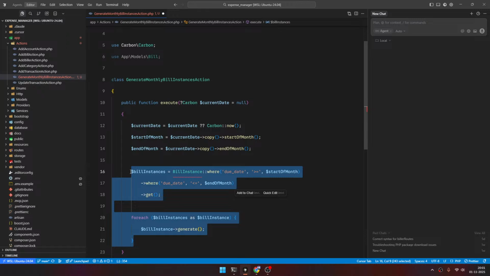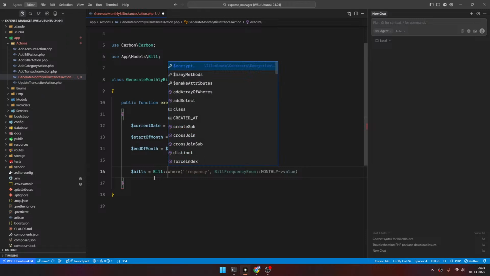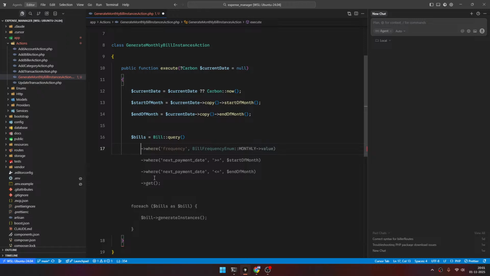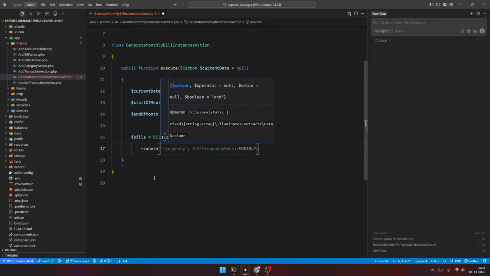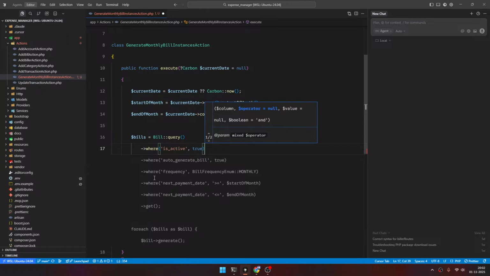Why is it generating this? Okay, this is something that I will start with. Okay, so now the query. $bills equals bill. I'll do a query first. Okay, then the first thing is where, by the way, yes, it is a good idea to have scoped queries. I will add that later. Right now I will be a bit verbose, which is active should be true,